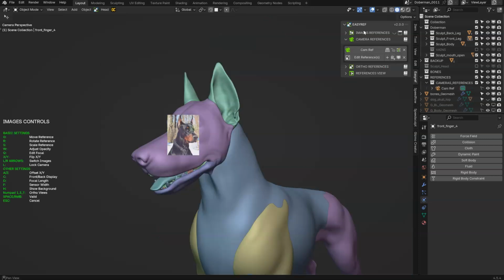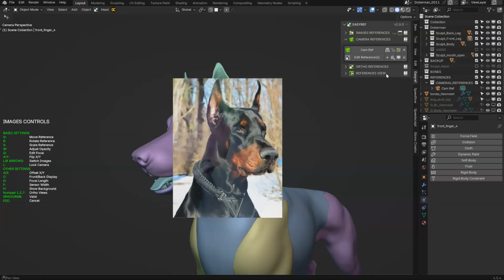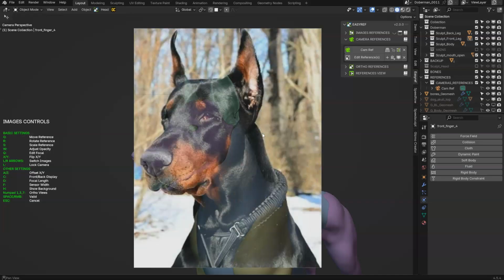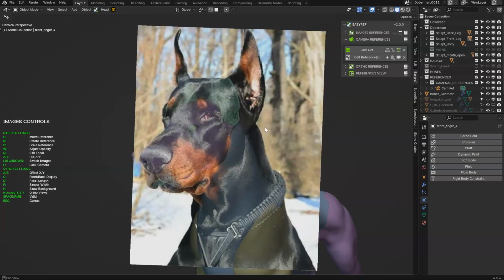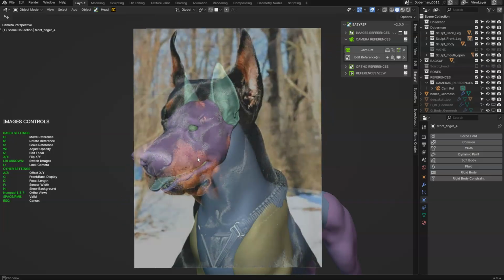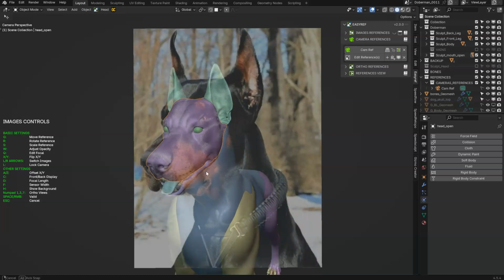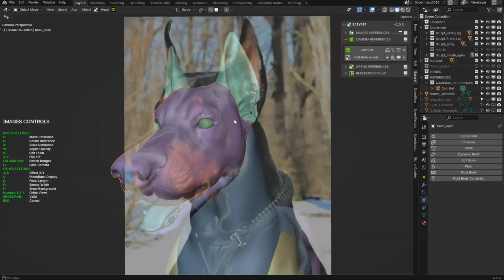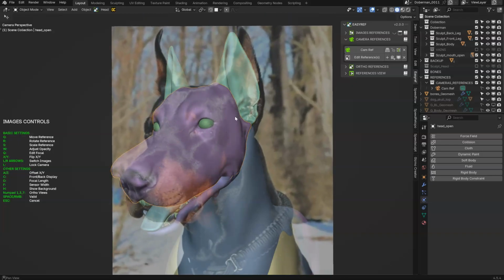The difference with the image references is that since it's in the camera, I cannot add a gizmo in this part. So you need to use the shortcuts here. G to move, S to scale. So let's scale it, let's see, like that. X to flip X, Y to flip Y, R to rotate, etc. W to change the opacity. Let's scale this one a little bit, let's move it up,